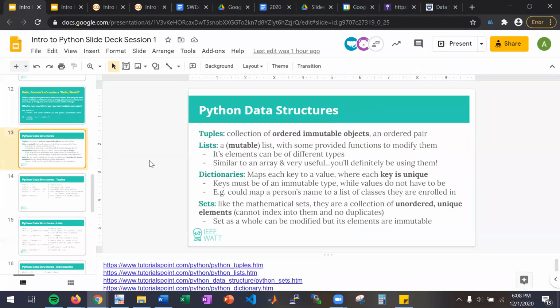And then we had just started dictionaries, which are like a key value pair. It's like a real dictionary where the key is like the word and the value is the definition. Your keys have to be immutable, but your values you can keep changing, and each key is unique. So if you try accessing an element of the same key, you'll be changing your existing entry. An example of when you might want to use that is if you're trying to map a person's name to a list of classes they're enrolled in, you could do that,